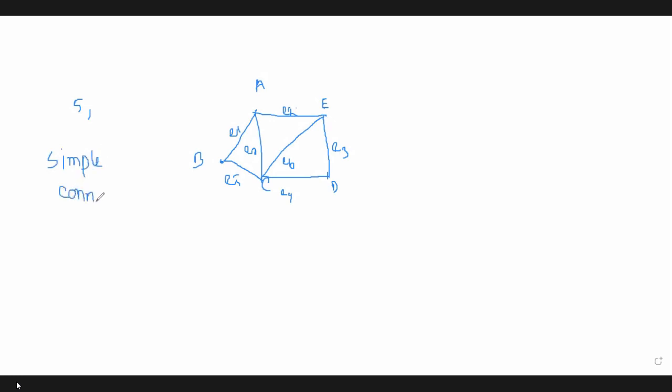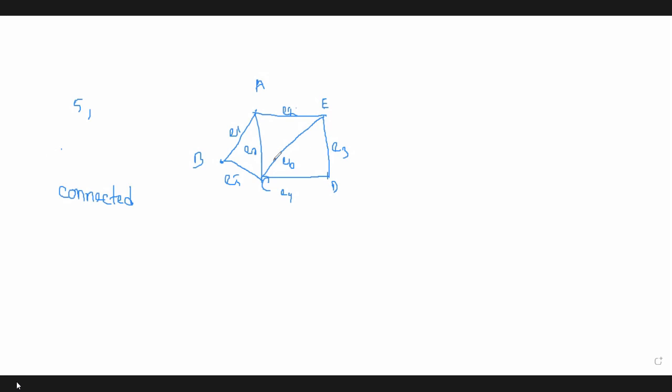So what is a connected graph? Every two nodes, ma'am. It's not a connected graph. That is just a graph, but not a connected graph. So in a connected graph, there should be actually one edge between any two nodes. That means between A and B, we have to find one edge. Between A and E, there should be an edge. Between D and E, also there should be an edge. Then you can call it a connected graph.